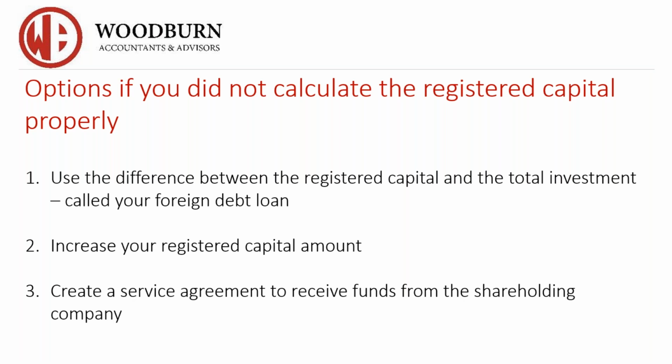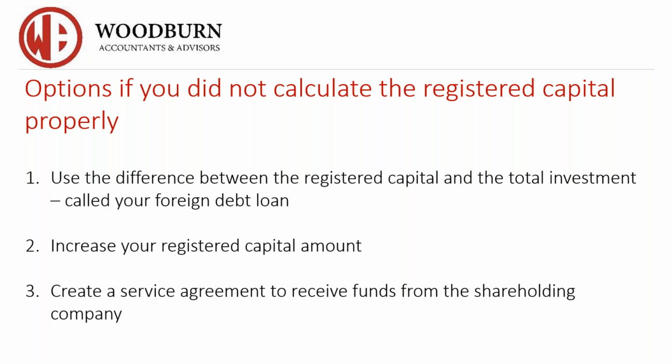All right. So if you increase it to 150,000, I have no issues with that, but have you processed that it's also going to increase your liability within your company? Okay. When you are doing the process of increasing your registered capital amount, although you don't have to open up any new bank accounts, you still have to go through an application procedure, which does take between 6 to 8 weeks to get the money in.